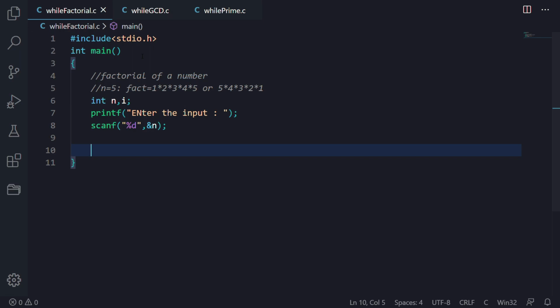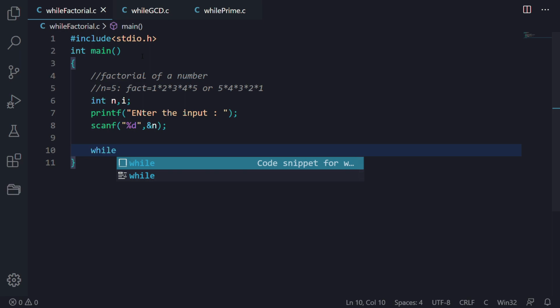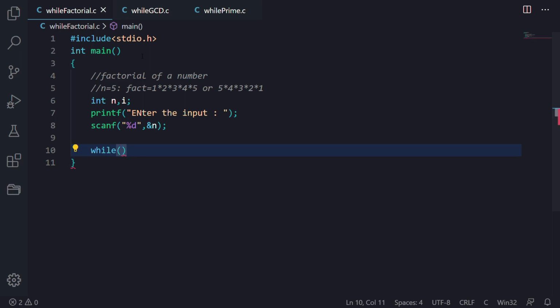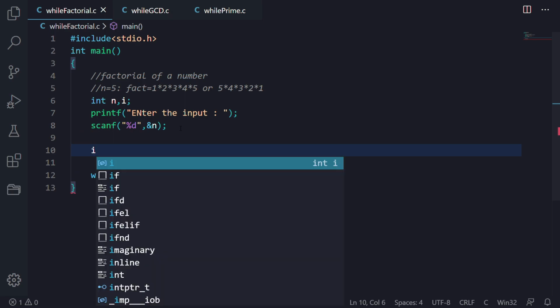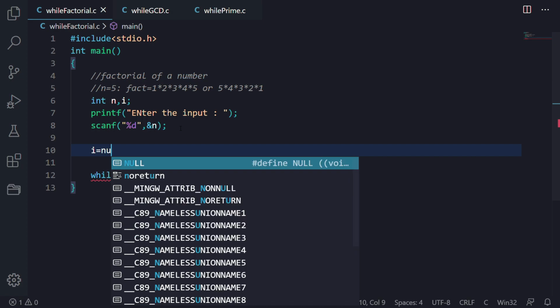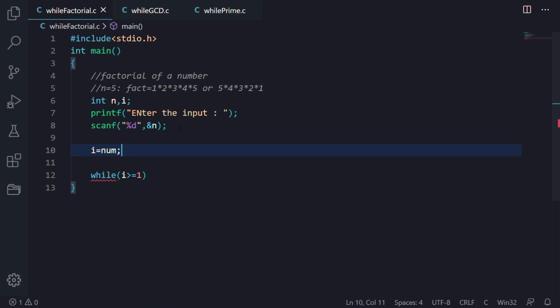Now I will start our while loop. It will iterate until i becomes 1. Before that we have to initialize the value of i. The initialization part in a while loop is before the while starts. So here we will initialize it, and in this question we have to initialize the value of i as n.